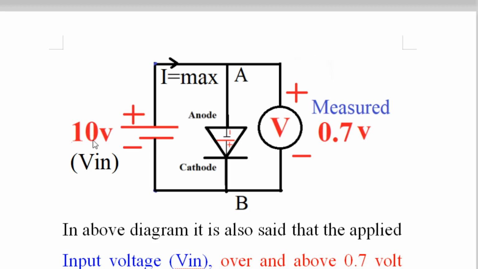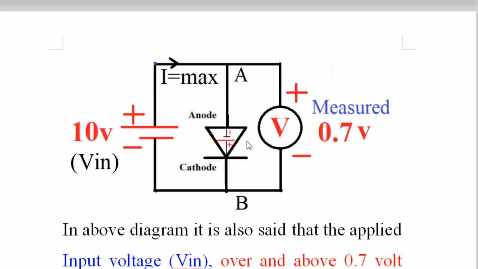After 0.7 volt of the input voltage V in, the PN junction diode starts conducting, and this conducting device, which is a semiconductor component, short circuits the voltage above 0.7 volt, and therefore 9.3 volt gets short circuited by the PN junction diode. And all of you know short circuit voltage is always 0 volt, which you have studied in the previous lecture.